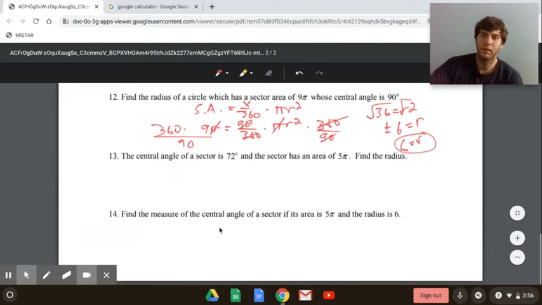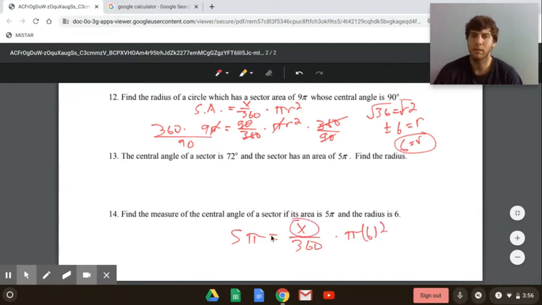So you have sector area is 5 pi, and then x over 360 times your area, so pi times 6 squared, right? And then you're looking for the measure of the central angle. So you got to divide by everything that you're multiplying by, and then multiply by everything that you're dividing by, right? If this one up here was confusing, let me go back and look at it again